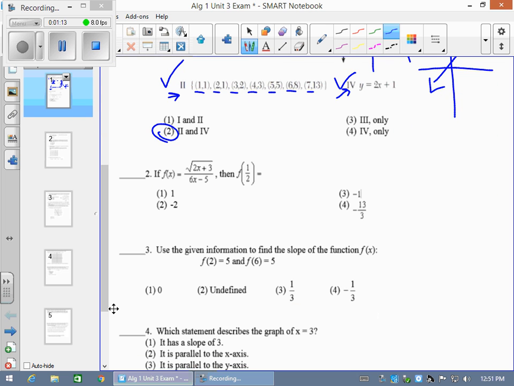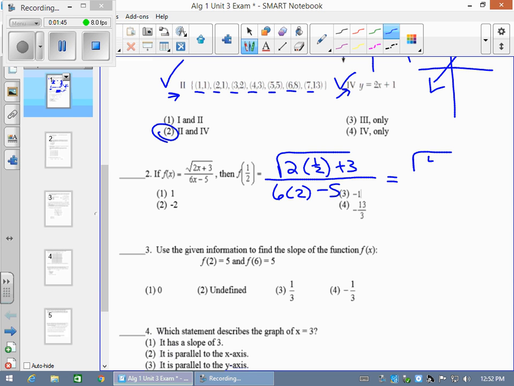Taking a look at question 2, they want you to evaluate. So where you see an x in this expression, you want to plug in a half. Okay, so where I see that x, I'm going to replace it with a half. We have the square root of 2 times a half plus 3, all divided by 6 times 2 minus 5. So 2 times a half is really 1. So the square root of 3 plus 1, which is really the square root of 4, or 12 minus 5 is,